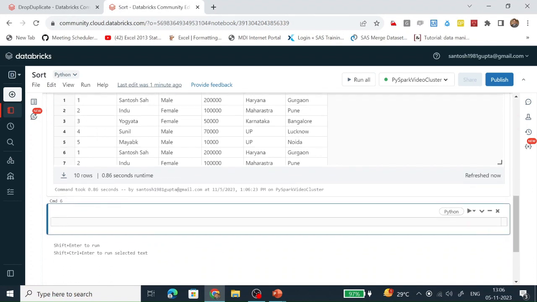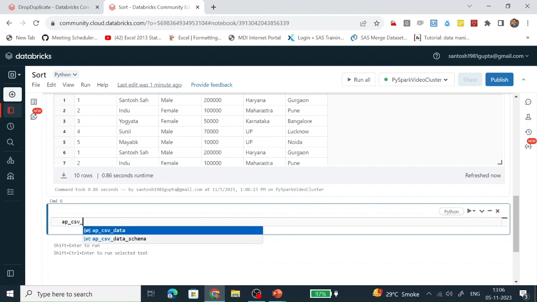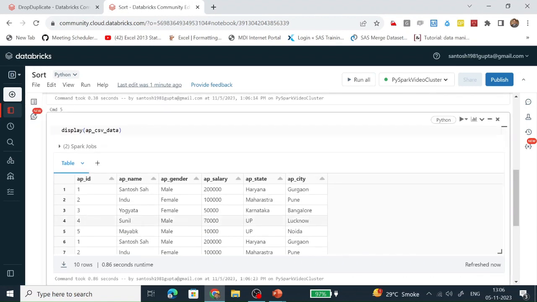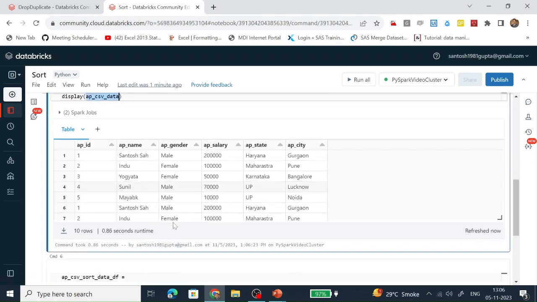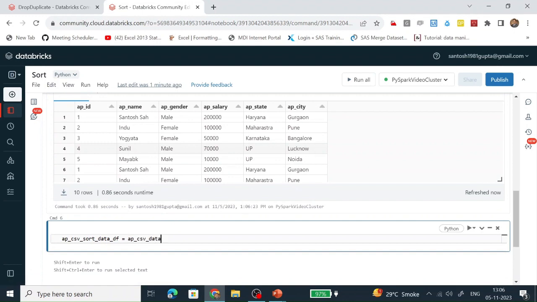Let's sort it. Okay, let's see how the sort function works. So we are going to apply sort on this data frame.